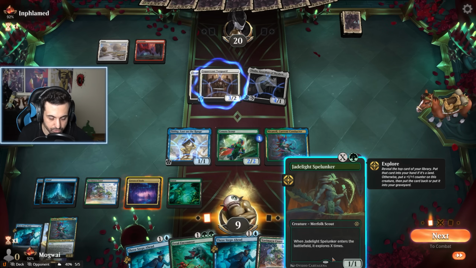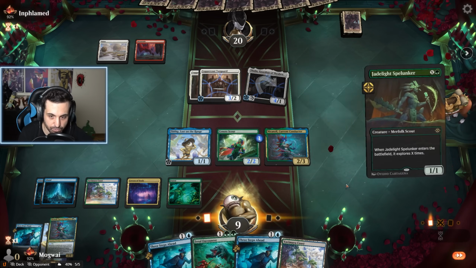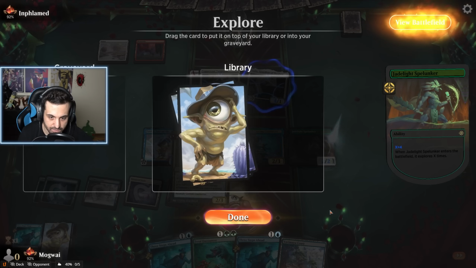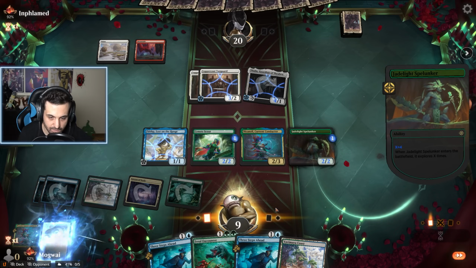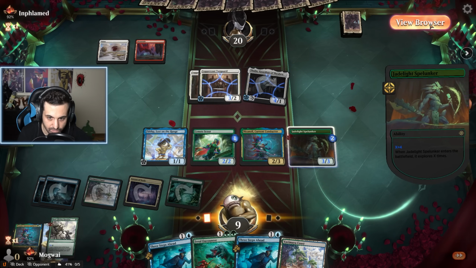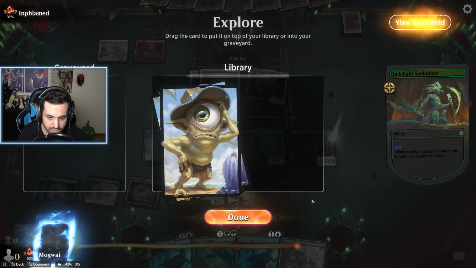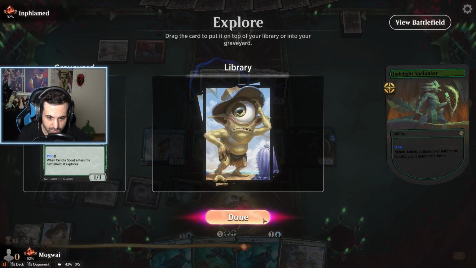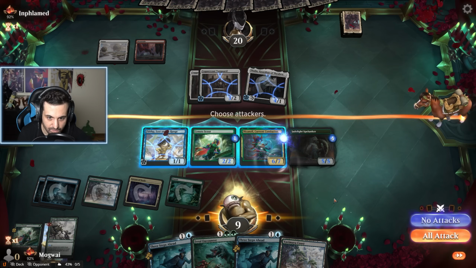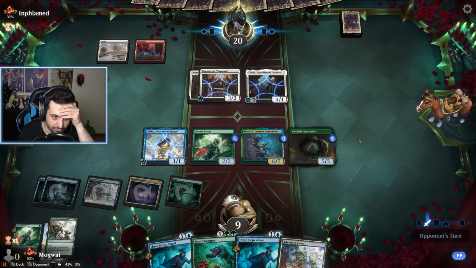I think right now what we do is we play the Jade Light Spelunker because we have Nikanzil, Current Conductor on the board. So we play this, we select 4, and that means we're going to explore 4 times. And I really like that there. 2, 3, 4. That removal is neat, but let's actually get rid of it just because. Nikanzil gets to explore 4 times, so now we have a really strong...